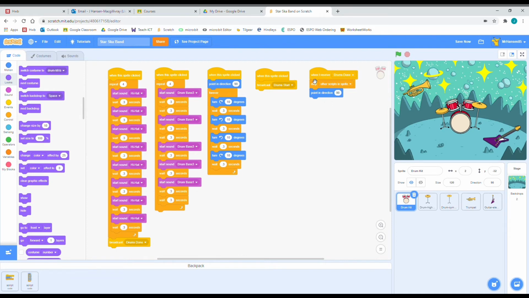What I've also done, guys, is when this sprite receives drums done, which is at the end here, it'll stop all these other scripts and then it'll point the drums back in the correct direction I want them to, which is important if you're a bit of a completionist. So